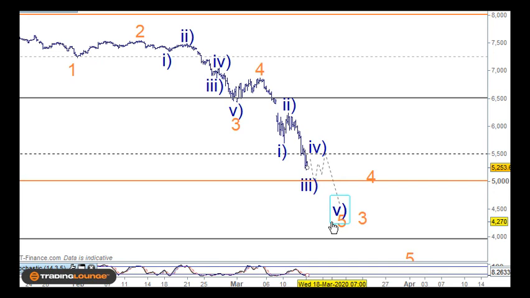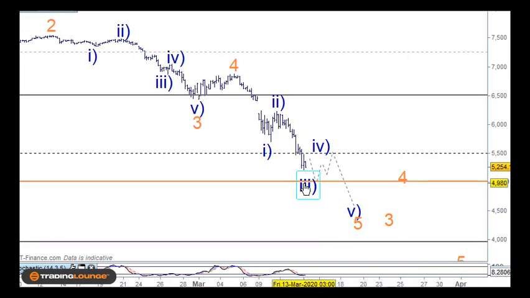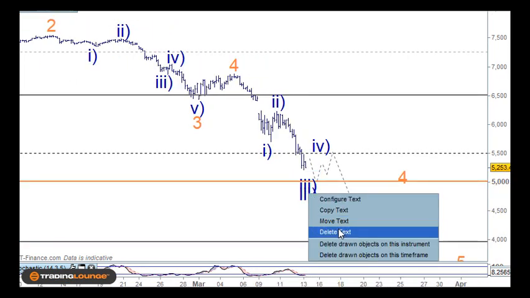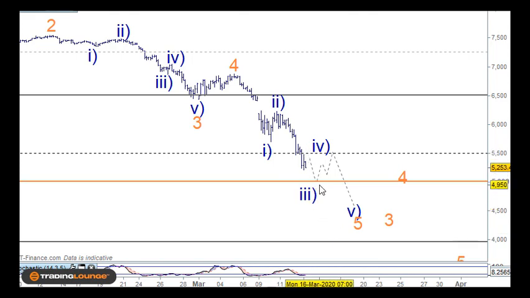But the problem with this is that we can see that this 5-wave structure here, if it's going to play out, is really quite long. So another way to look at that is having this large structure here as wave 3, and then wave 4 and then wave 5, which I think is probably more the case, but I just want to take it step by step. But short-term traders can understand that the market's going to come down and sink into 5,000, have a bounce,